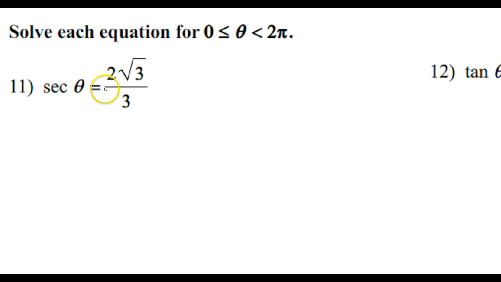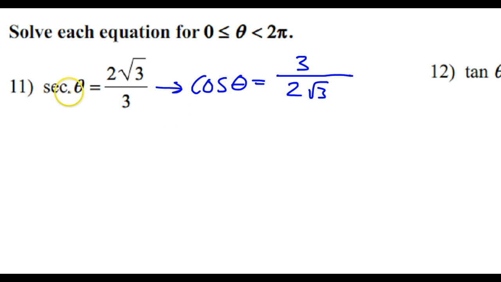Let's convert this problem over to a form with which we are more familiar. We know that secant is the reciprocal of the cosine function. So if this is the secant, that means that the cosine must be 3 over 2 radical 3, since these are reciprocals of each other. Okay, so you should be asking yourself, cosine of what angle is going to give me an answer of 3